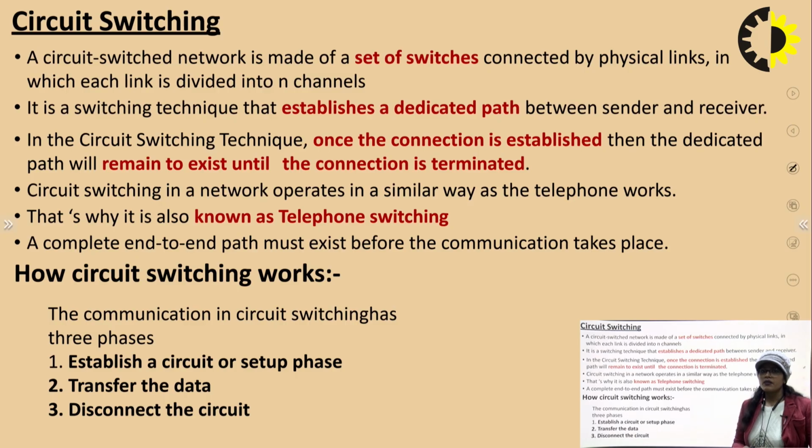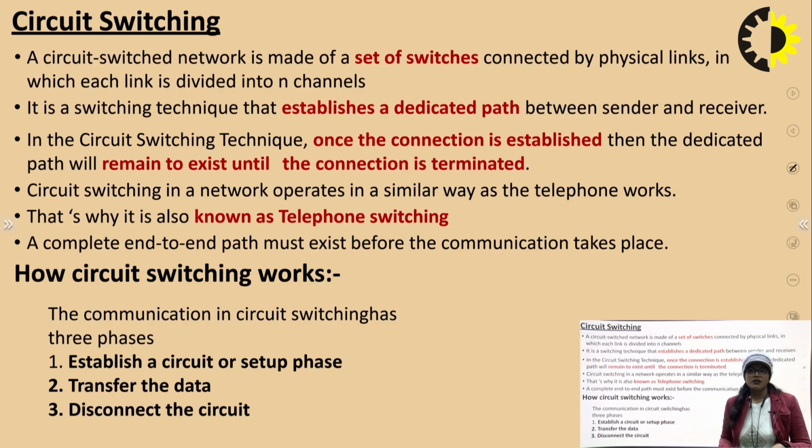If I talk about a very familiar concept, your telephone connections, the telephone connection is just like circuit switching, in which we make a dedicated link between the sender and receiver. Suppose 10 years ago you made a call from your landline number. So what happened there,